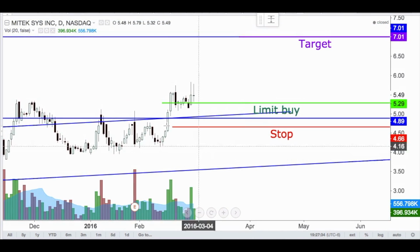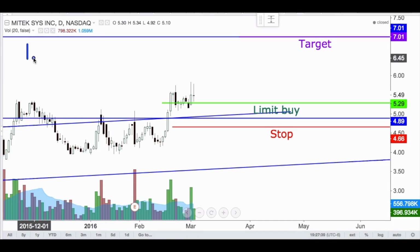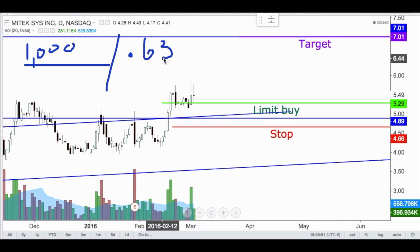If we're looking to take this trade, and let's say, for example, we go into this trade with a $1,000 risk, meaning if we take this trade, we are totally fine, comfortable, and okay with losing $1,000. So $1,000 would be our risk unit, not our investment, but the amount that we are willing to lose. So we're going to take our entry, $5.29 minus $4.66 equals 63 cents of a stop value, 63 cents. And we're going to take $1,000, which is the risk potential, divided by 63 cents equals